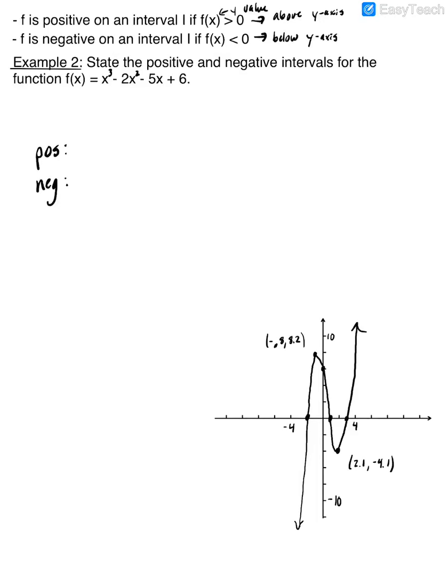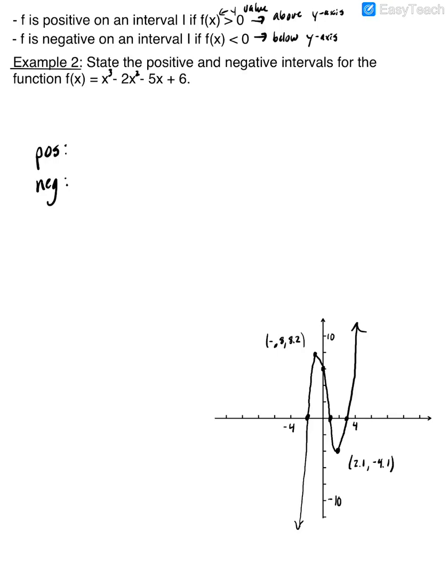Moving on to the next one. Here we want to talk about your function when it's positive, negative, and those intervals. So remember, f of x is representing your y value, so you're still looking at the y. When your function has a positive interval, that means your function is above the x-axis. And when your function is negative on an interval, that means your y values are negative, so below the